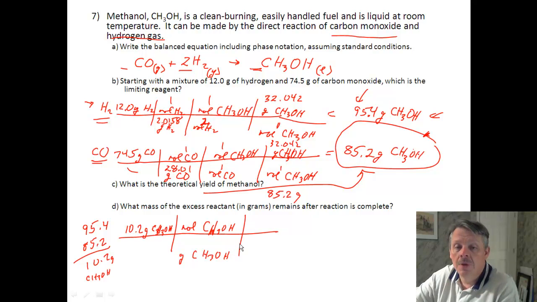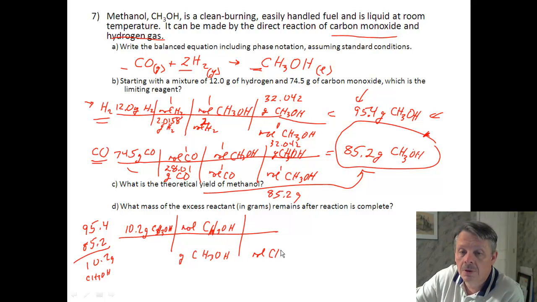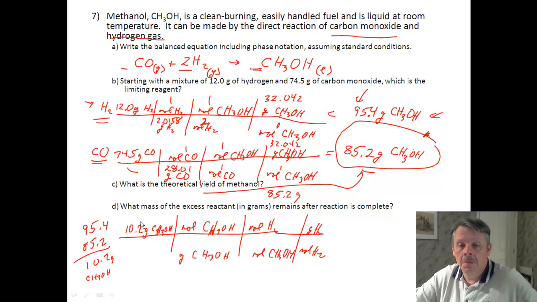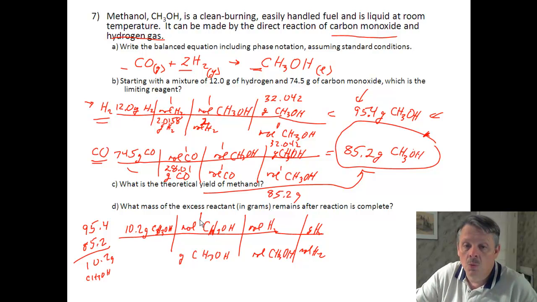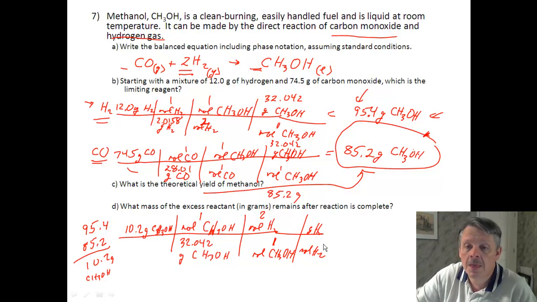And then from moles of methanol, we can go to moles of our target, which in our case is H2. And then we go from moles of H2 to grams of H2. Alright, well, what are my numbers? Well, I know that 1 mole of methanol weighs 32.042 grams. And I know that I'm going from methanol, which has a 1 in front of it, to hydrogen, which has a 2 in front of it. It's up there, so I have a 1 to 2 relationship. And my grams of hydrogen per mole, we did that as well. That is 2.0158